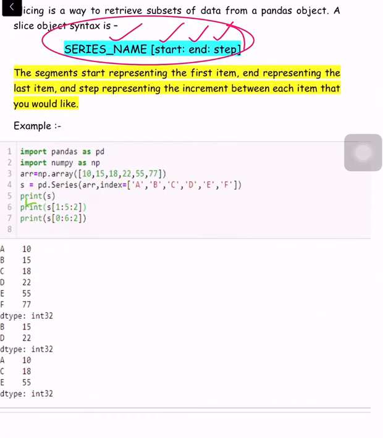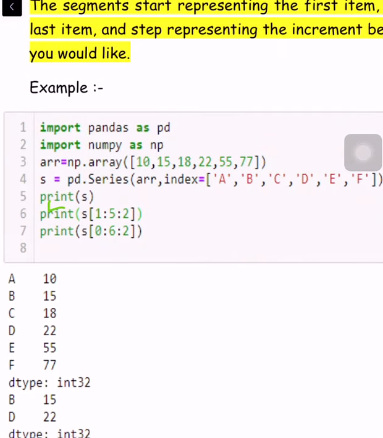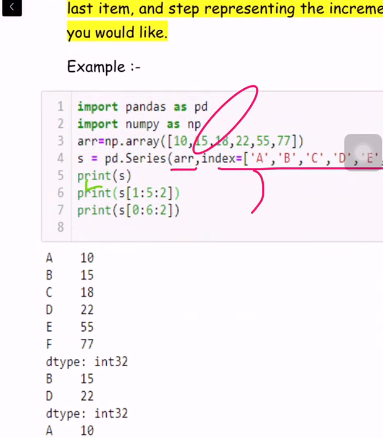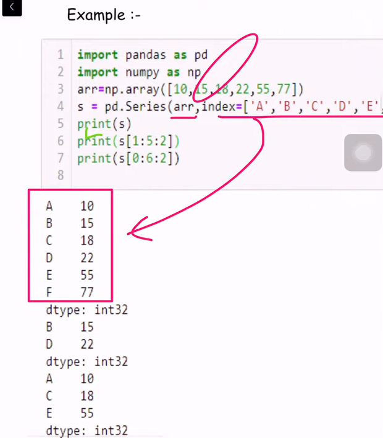In this example, we have created a series that has index A, B, C, D, E, and it has the data values mentioned in this list. So we will get a series in this format. Now line number 6 wants to print the series 1 to 5 with a step of 2.